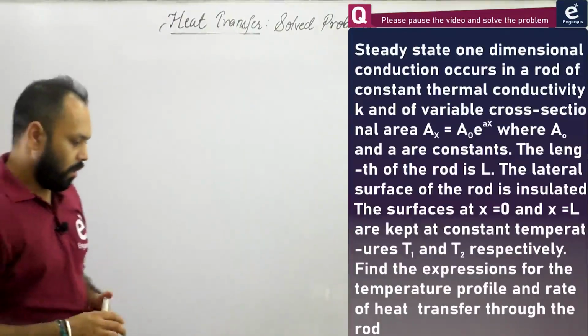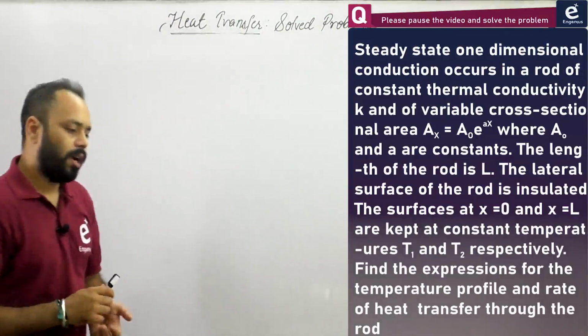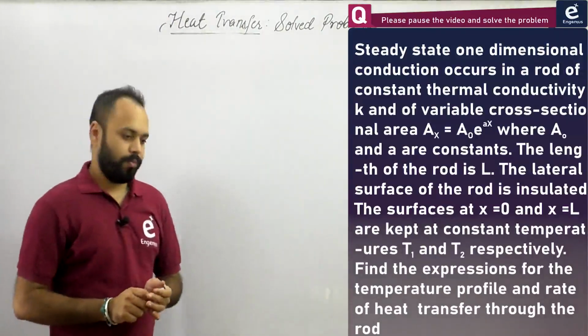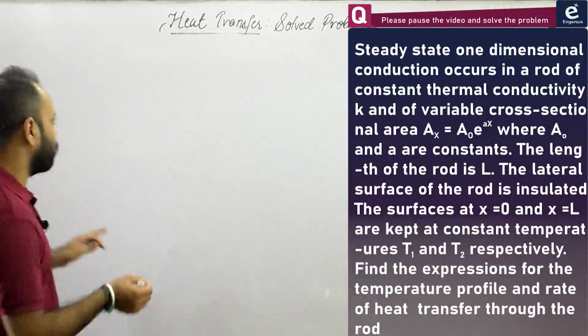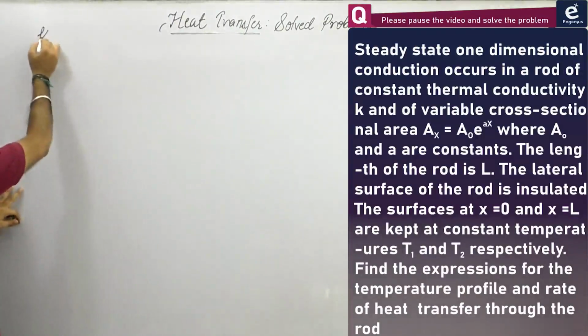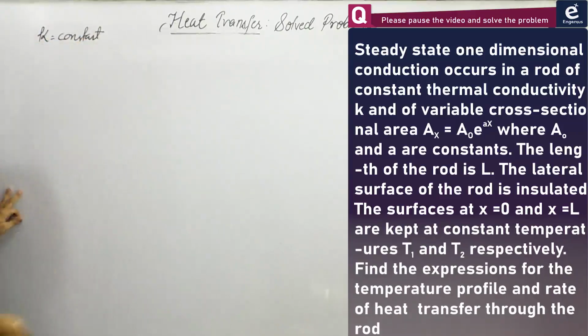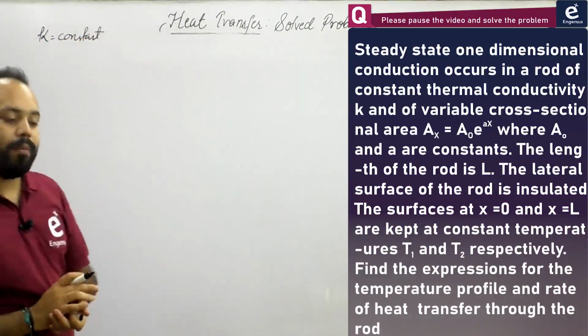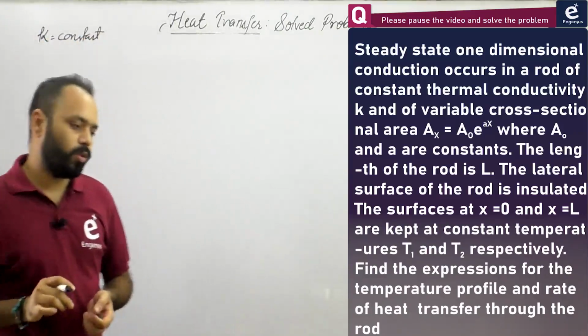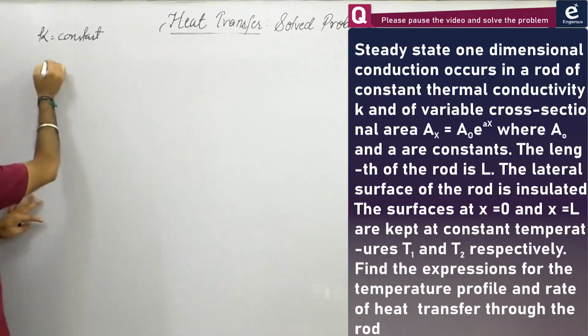Fifth question says a steady state one-dimensional conduction occurs in a rod of constant thermal conductivity. So K is constant, K is not varying. ठीक है, K is constant. ठीक है, and variable cross section area, that is important, which is given as A(x) is equal to